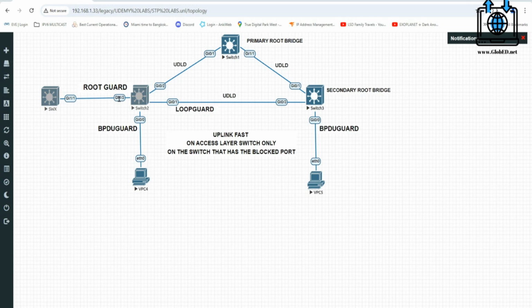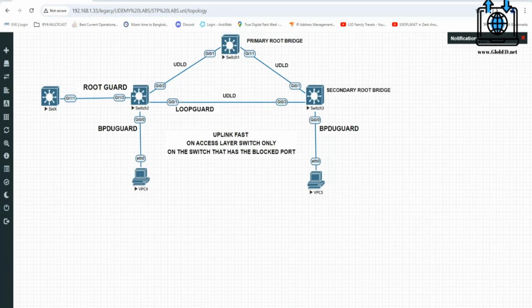You prevent that from happening. UplinkFast is only done on access layer switches, normally with dual links going up. And then BPDU guard, which you enable on ports where you've turned off spanning tree. That's how you keep the stability of spanning tree.